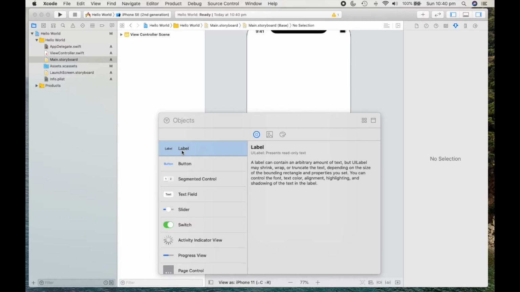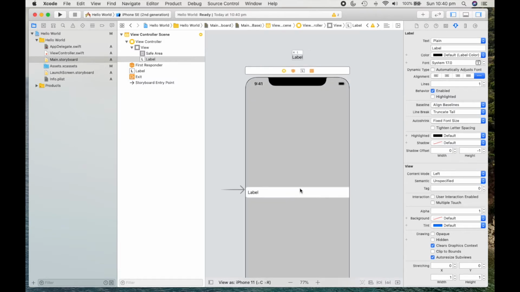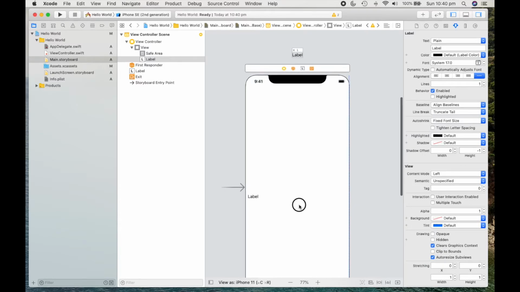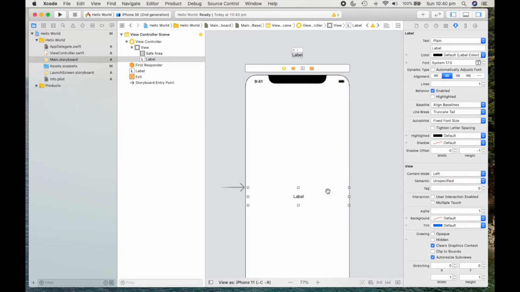Just double click on the label. So click the label button and drag it to the left and right. Make sure that it is appropriately placed. What I'm doing is I'll just increase the width, okay, and do some beautification part. So align it to center and change these parameters. So it will be system font and I'll be using bold. For the sake of discussion, I'll put 28 or 24 should be fine, 24.